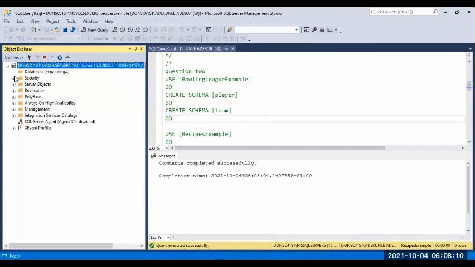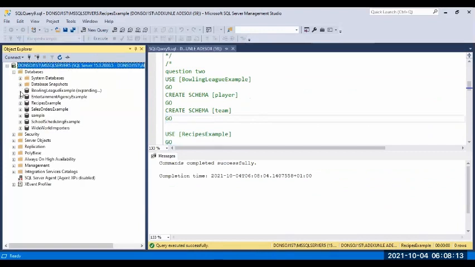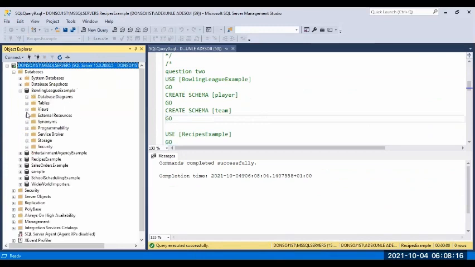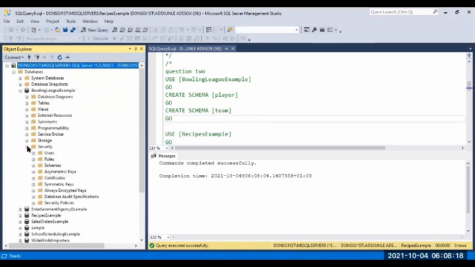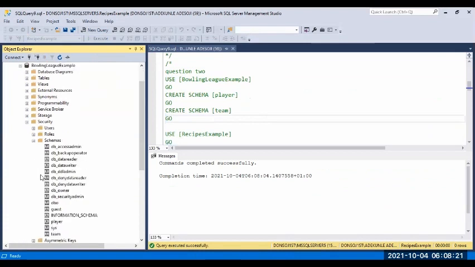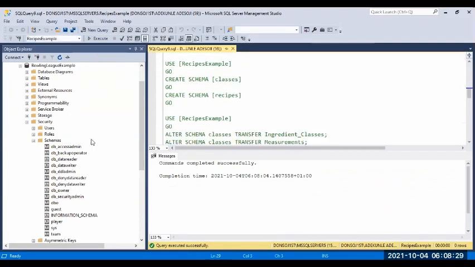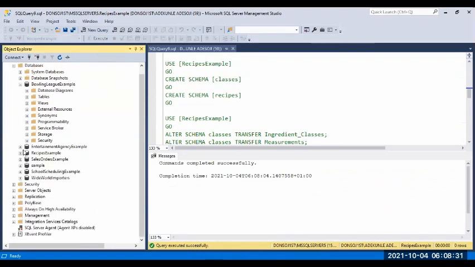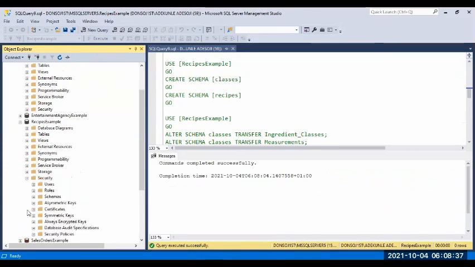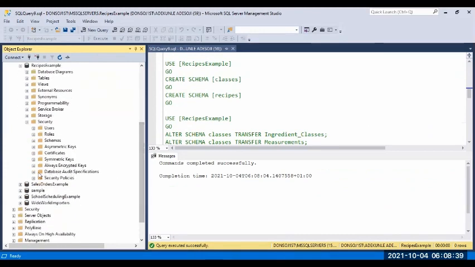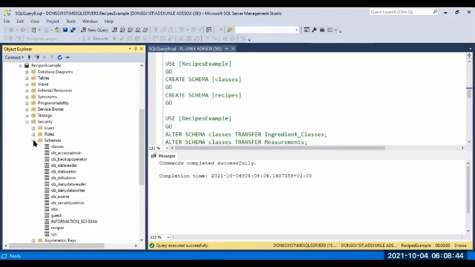When we go into the database, the bowling league, we go into security, and then we look at schemas. We see we've already added two schemas, players and team, which are here. And then when we go into the recipe example, we go into security, and then click on schemas. You see, we already created